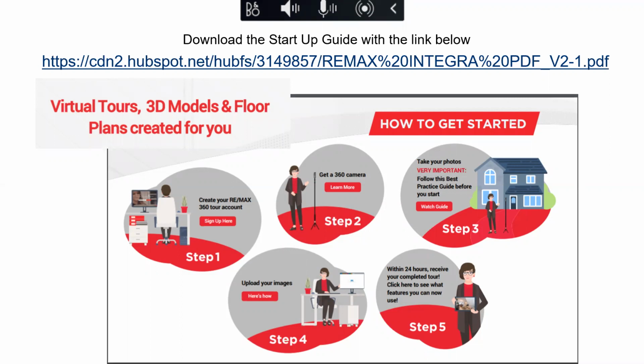Again, $14.99 per user per month, and then a $10 base rate for each tour. It's an unlimited amount of tours. You can do this for every home. And given this is the virtual environment we're in, this is a fantastic opportunity to show this to your sellers